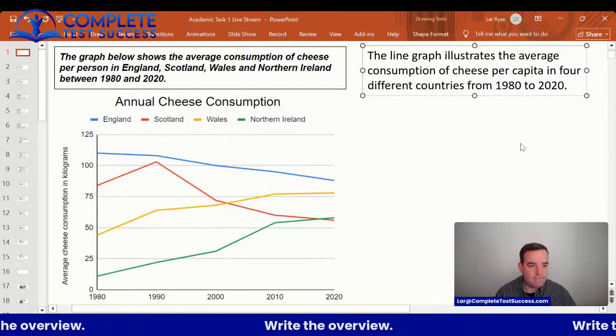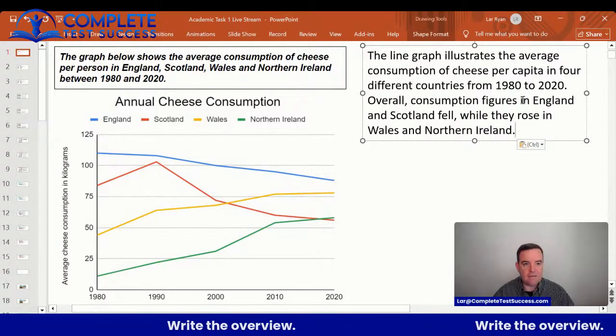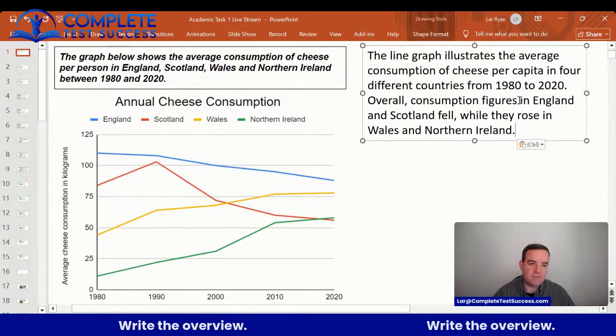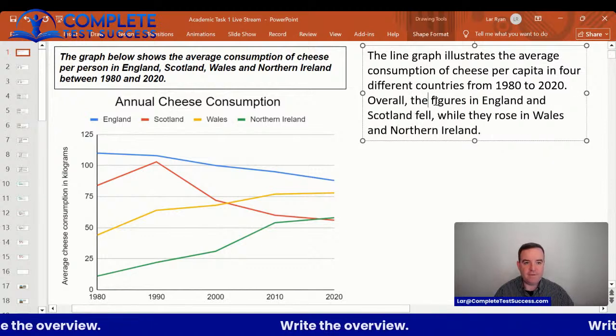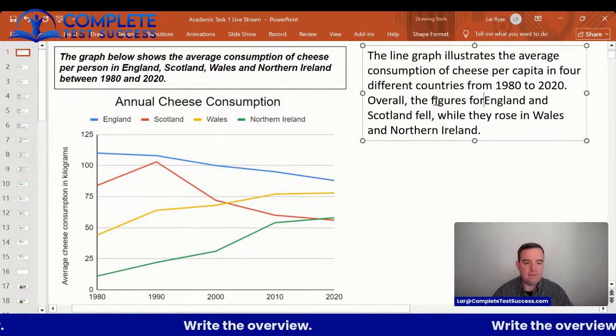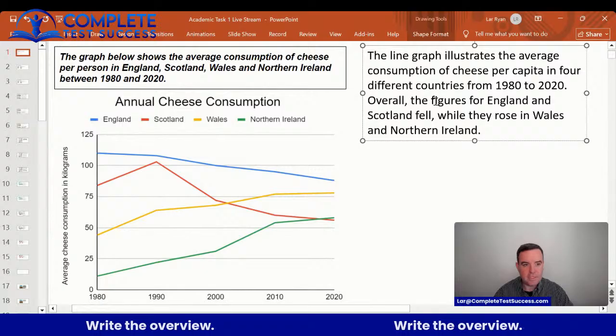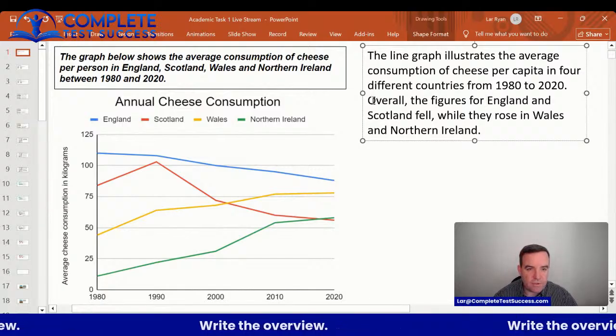Okay. So overall consumption figures, it's not consumption figures for. Let's just do this. The figures for England and Scotland fell. That's true. While they rose in Wales and Northern Ireland. Perfect. Okay. One thing I'm worried about though. So this is